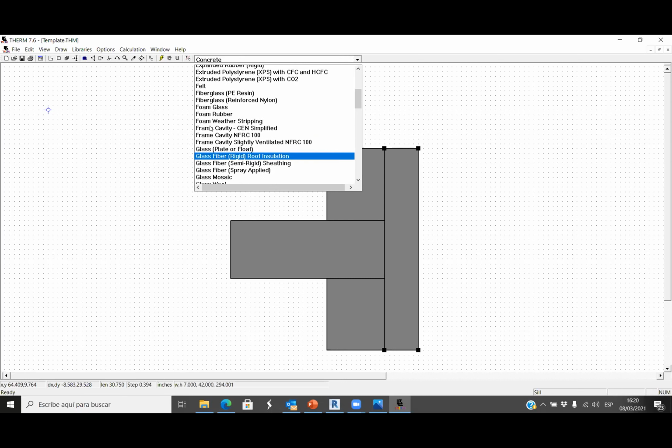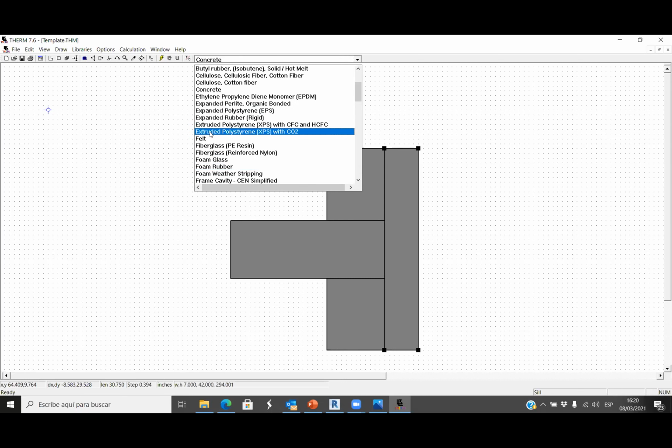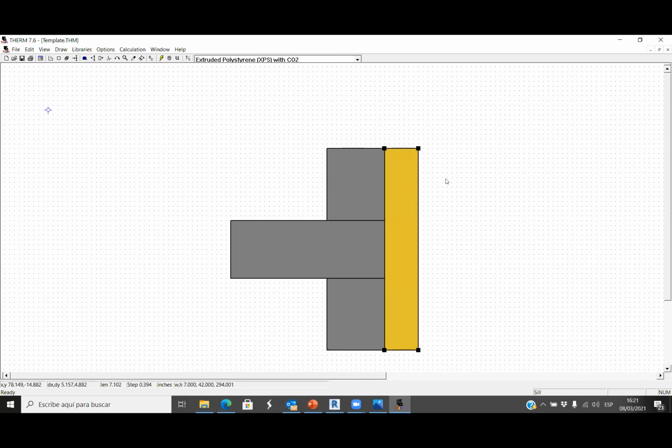Maybe it's with the, okay, so here we have extruded polystyrene with CO2, with CFF, and well, all options with extruded polystyrene. We have either CO2 or CF or CFC, which is even more contaminant. Okay, so that's why this rigid insulation or extruded polystyrene, it's not an environmental friendly material. Anyway,